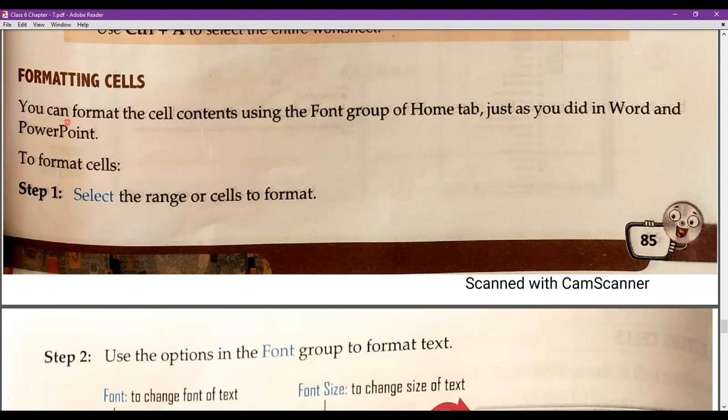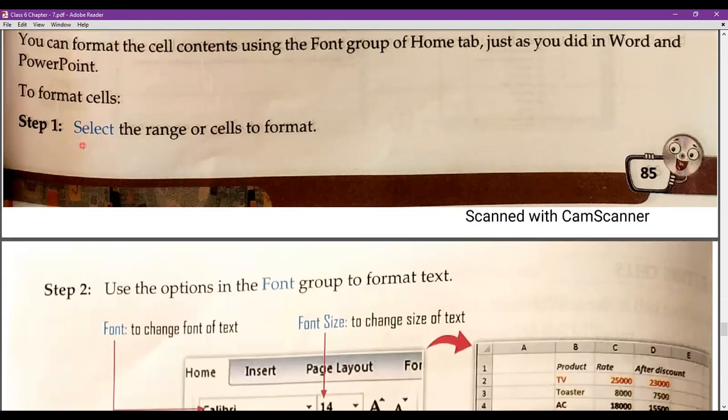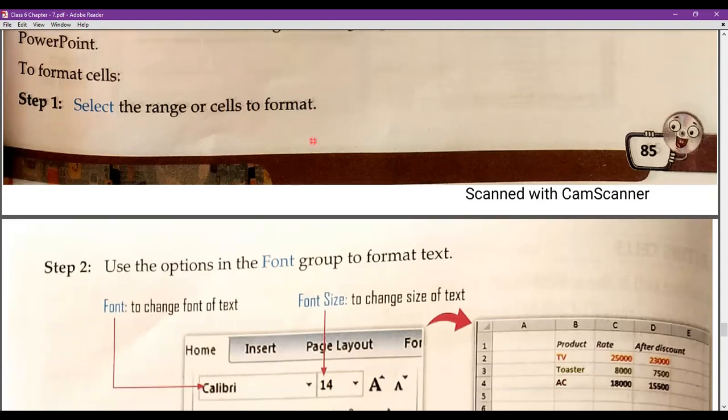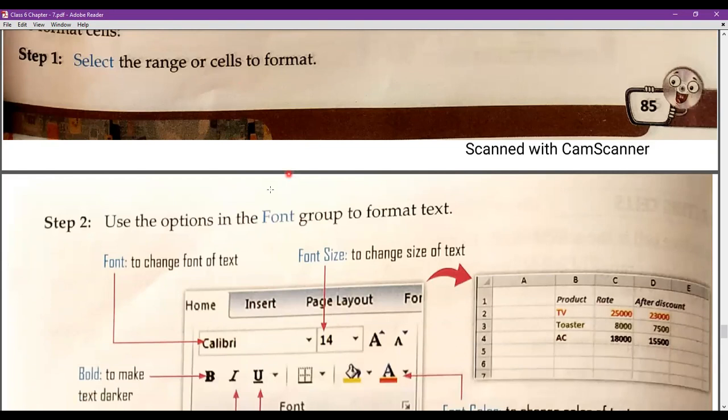We can format the cell contents using the font group of the Home tab. So we have to click the Home tab and then go to the font group, just like we did in Word and PowerPoint. So what are these steps? Step 1, select the range of cells to format. You can select a range or you can select a particular cell.